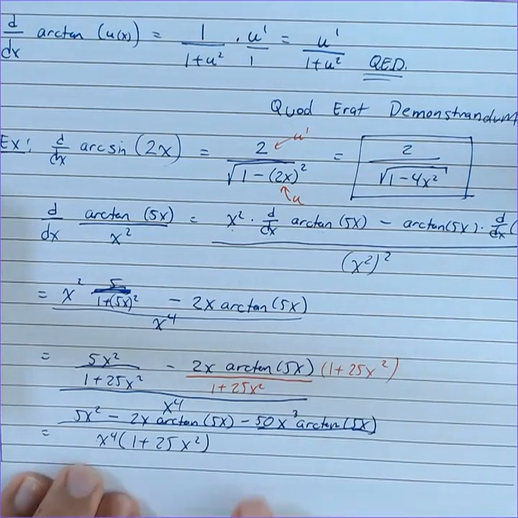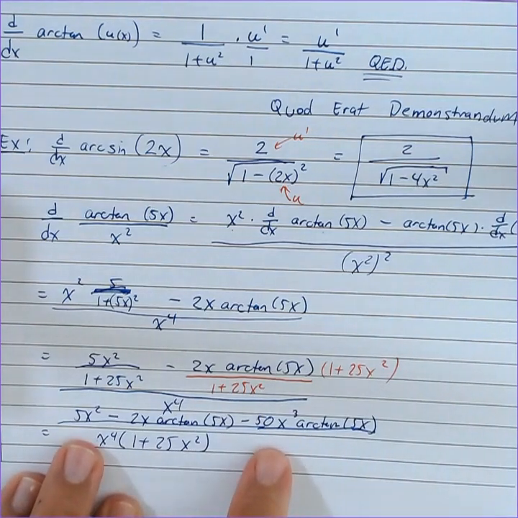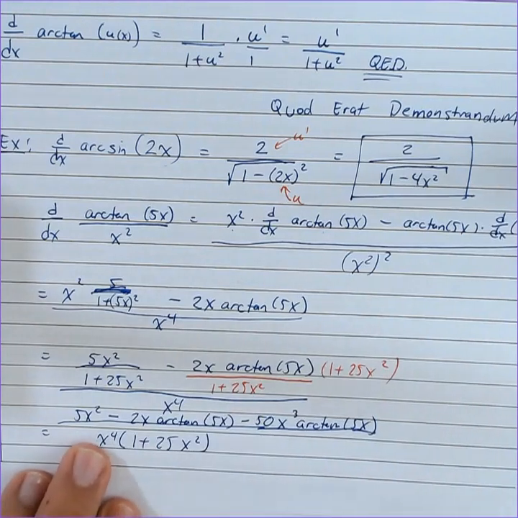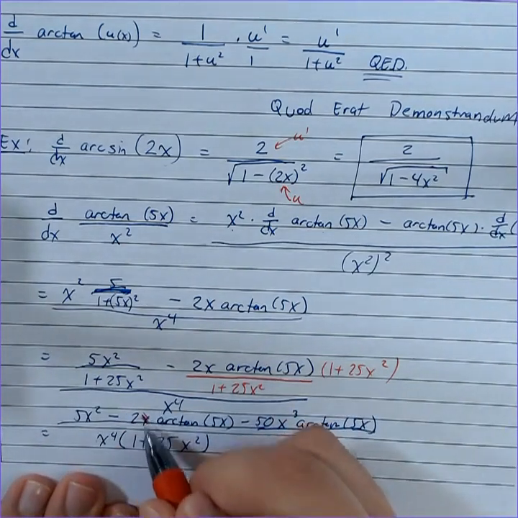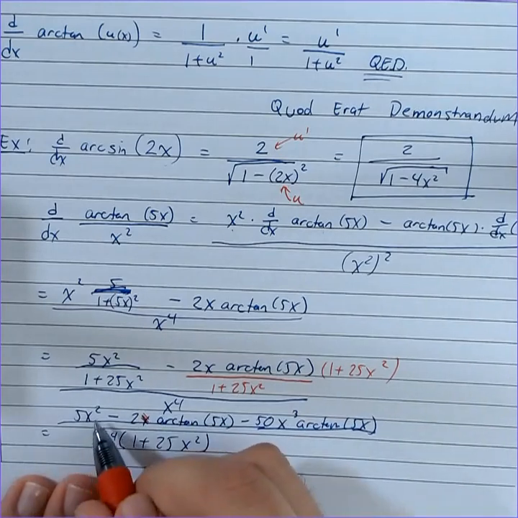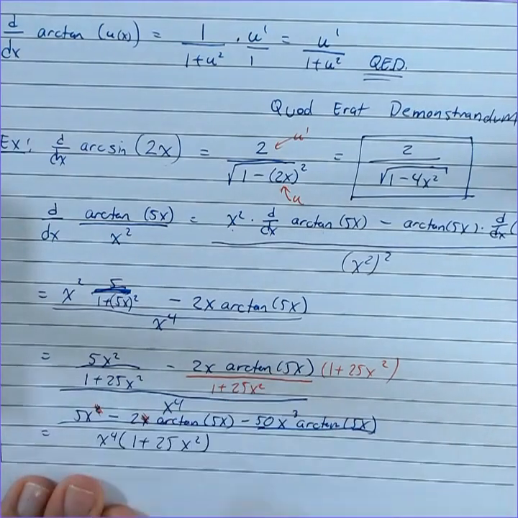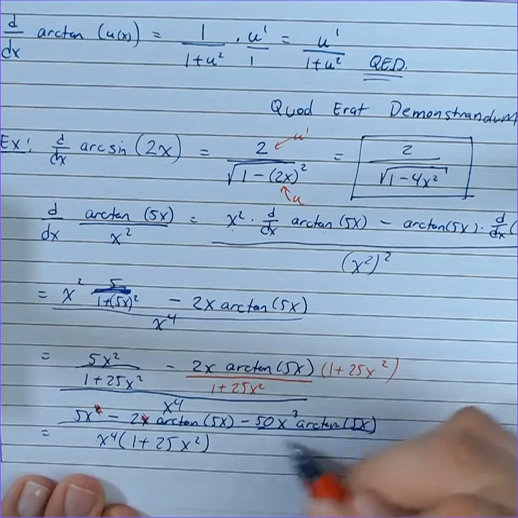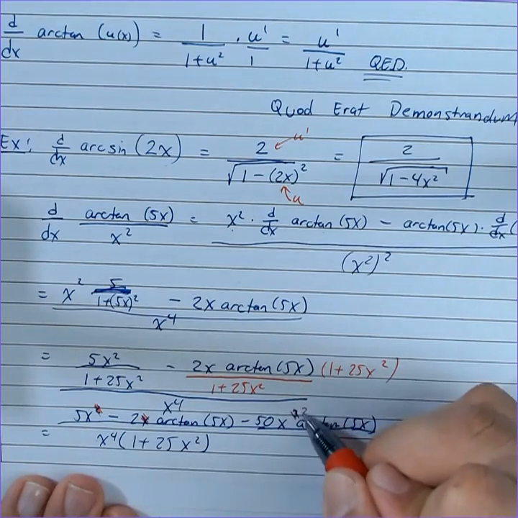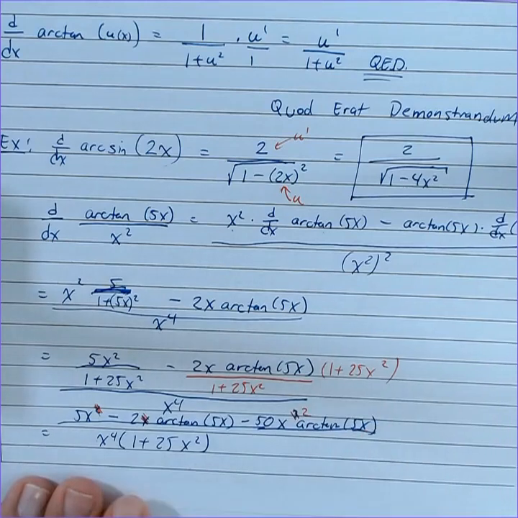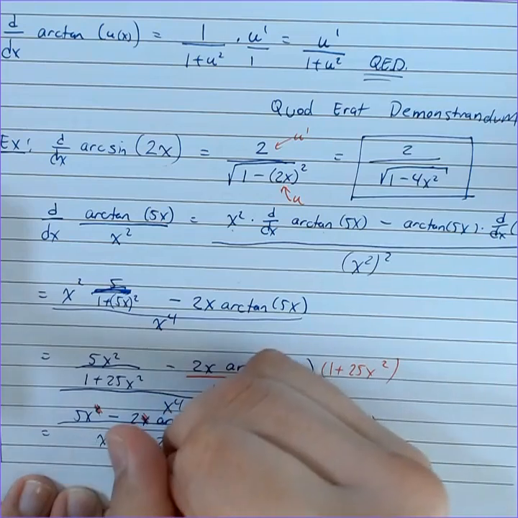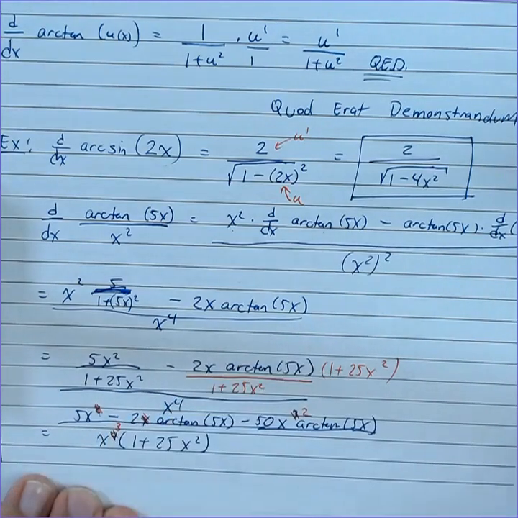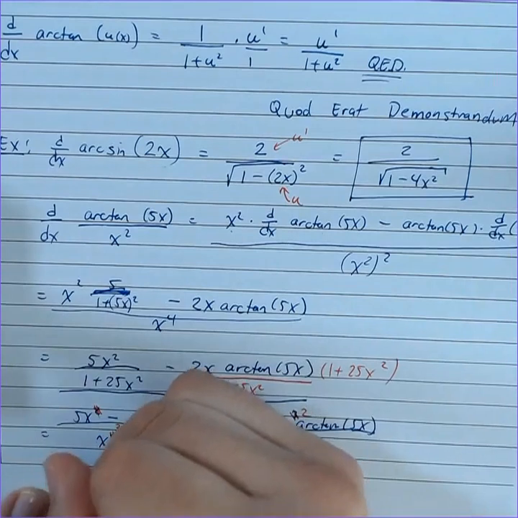Okay? Let's see here. There are no like terms we can combine or anything of that nature. However, I do notice that x is a common factor for everything. So if I divide this term by x, that x goes away. If I divide this term by x, the x squared just becomes x. And if I divide this term by x, the x to the third becomes an x squared. But whatever you do on the bottom, you have to do the same thing on top, right? So here, I divide this bottom by x, and this x to the fourth will become x to the third. So in the end, our result is